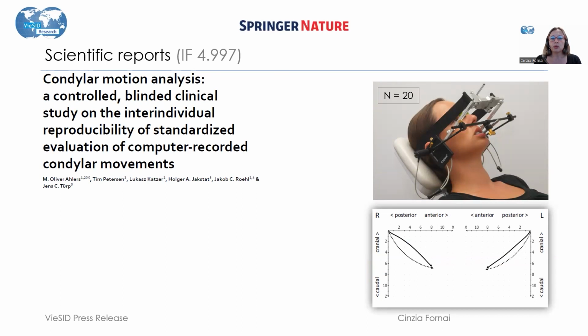In Scientific Reports, Allers et al. Published an article on condylar motion analysis in which between observer reproducibility of condylar motion tracings was tested. For this study, 4 dentists with long-term experience in performing condylographic tracings were involved, 3 working in closer contact with each other and 1 who didn't have regular contacts with the rest. 20